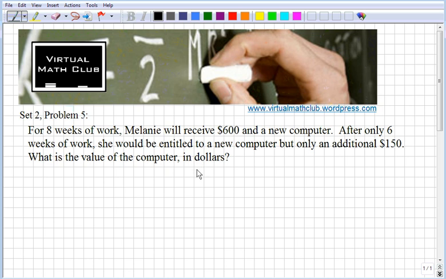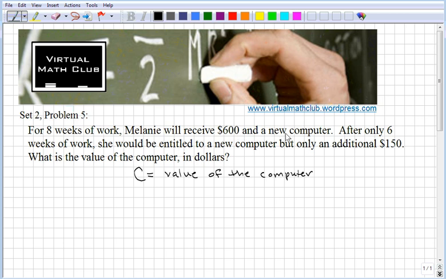Alright. So, we're trying to find the value of the computer. My hint to you would be to use a variable for the computer. Let's call it C. Makes logical sense. Let's say that C is the value of the computer. Okay? And if you use C, then you know that